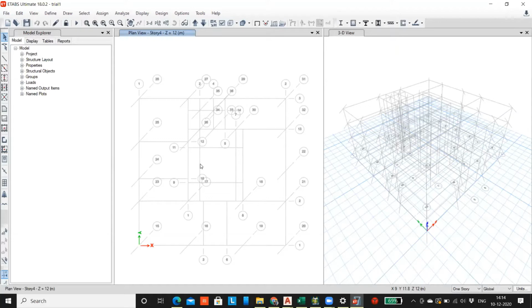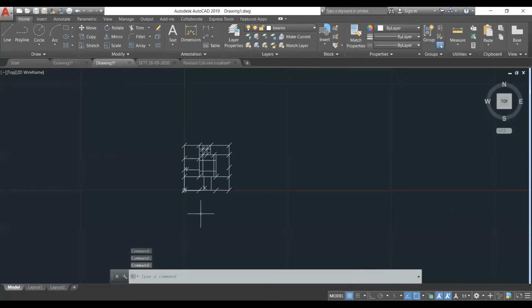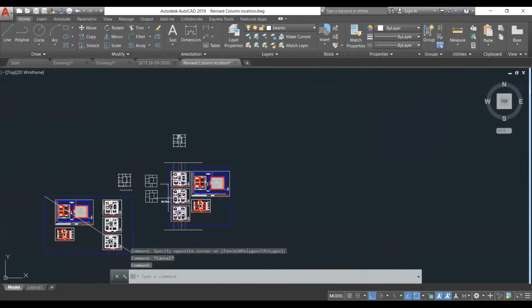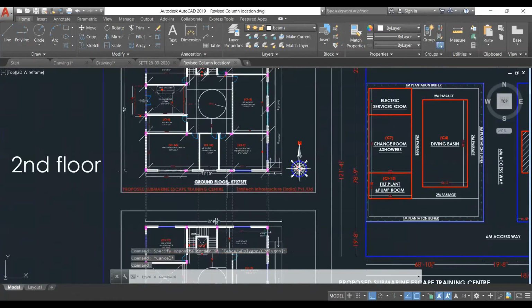Why have you not tried this part? Yes, can anyone answer me why you have not tried it, and I have pasted it over here? See, this is the center line diagram of the beams and location of the columns, which I have extracted from the original architectural plan for the ground floor.